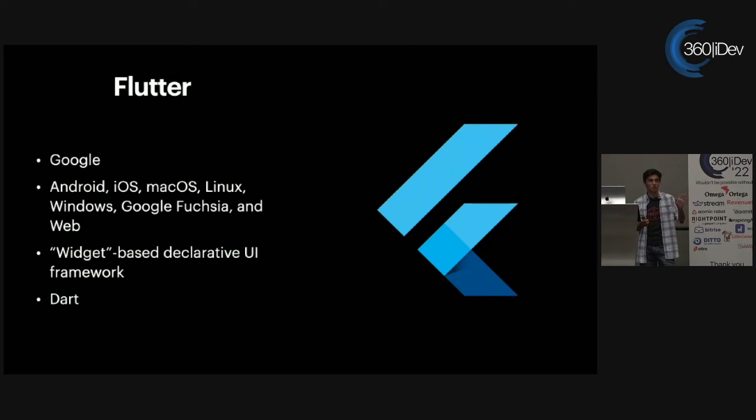These are like loser Google widgets, which are kind of irrelevant. Sorry, Google. Google made Dart, which is their alternative to Swift here, like their first cousin once removed on the Swift family tree, something like that. And Dart is going to be what powers Flutter here.